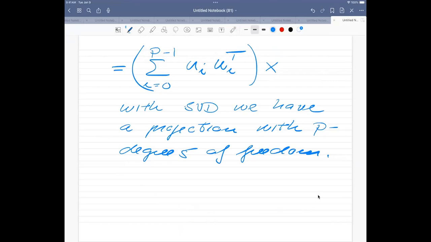So this is no longer, because U, the matrix U, has a dimensionality n times n, but we're only keeping the terms where the singular values are non-zero. So we've made a projection of the number of degrees of freedom here. Now, the thing which we want to do now is actually to